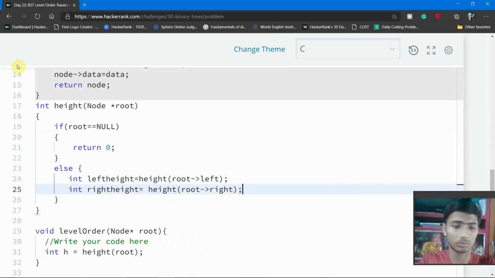So these left height and right height variables simply store the height of the left subtree and right subtree of the root.